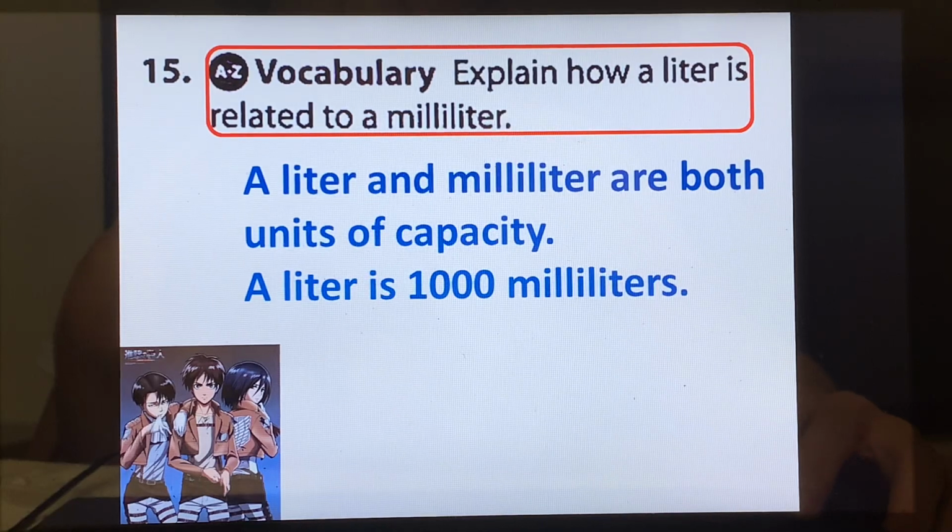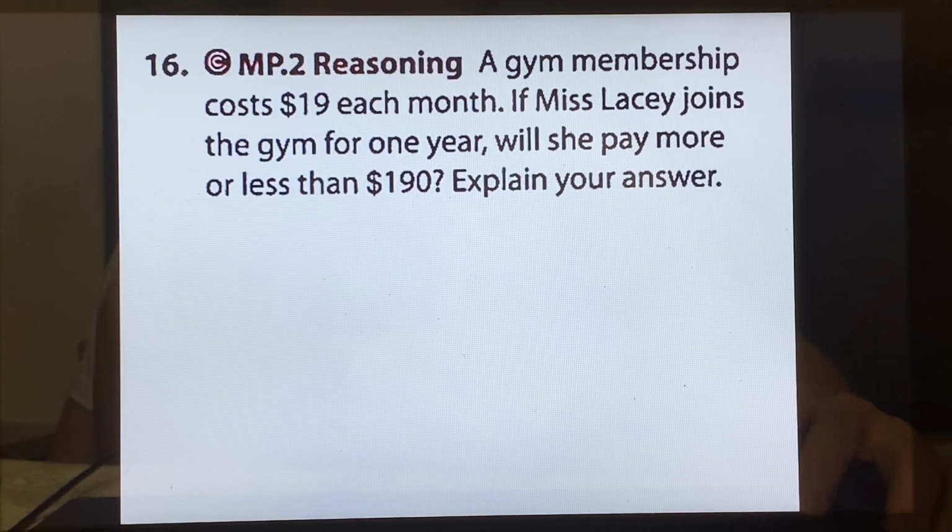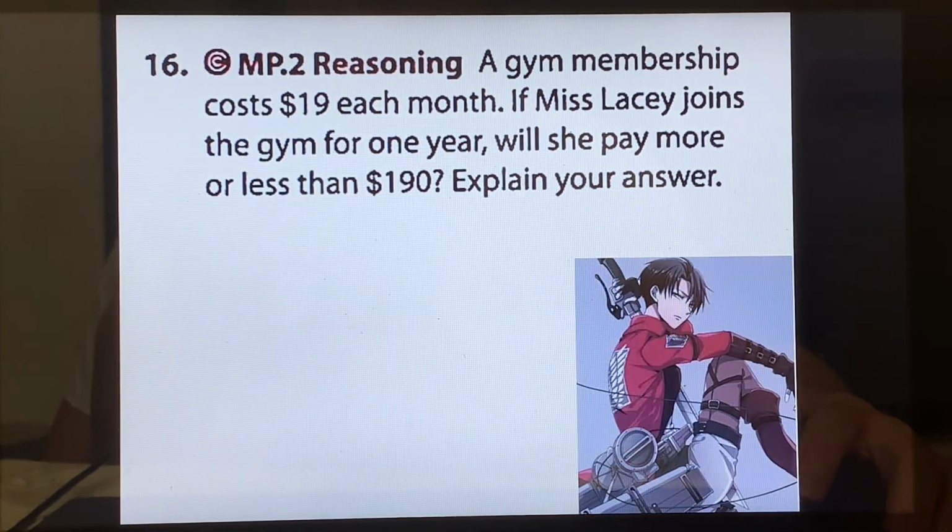A liter is 1,000 milliliters. 公升和毫升都是容量的单位。1公升等于1000毫升。